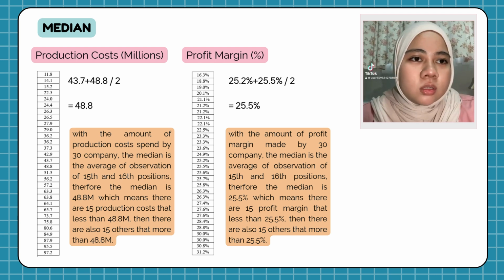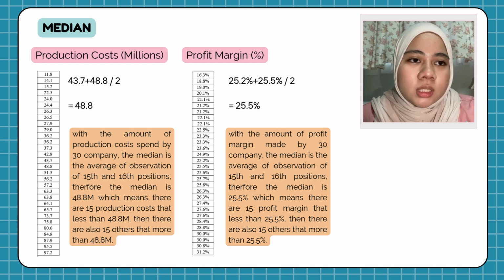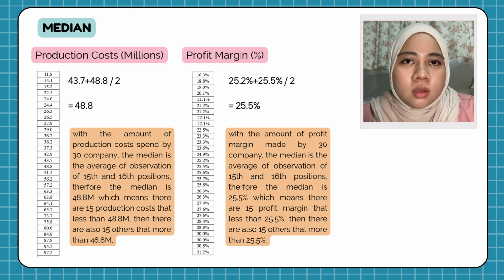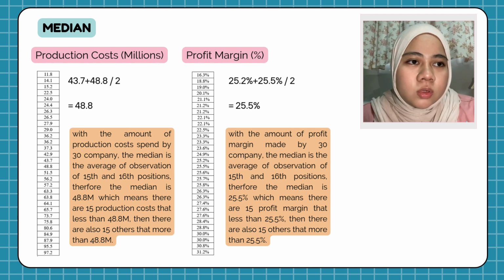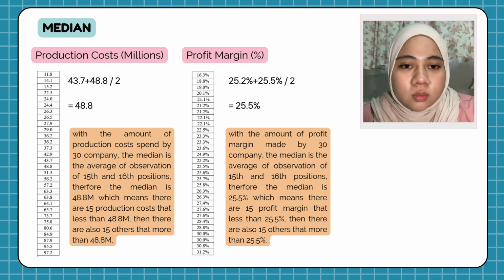So next, I'm going to continue with median, which is the middle value in a data set when the values are arranged in ascending or descending order. If there is an even number of observations, the median is calculated as the average of the two middle values. So as you can see here, for production cost, since the number given was 30, which means it is an even number, there are two middle values,